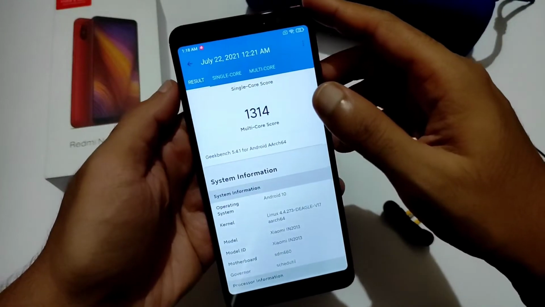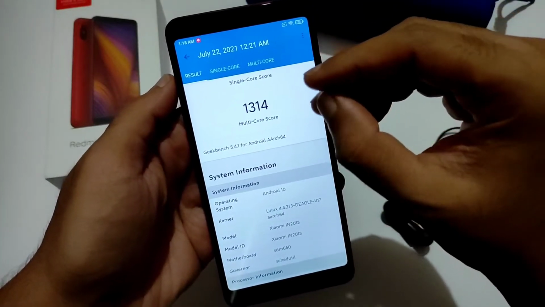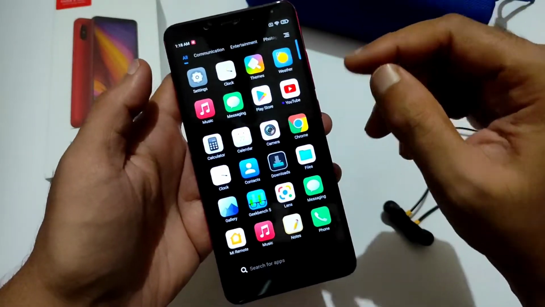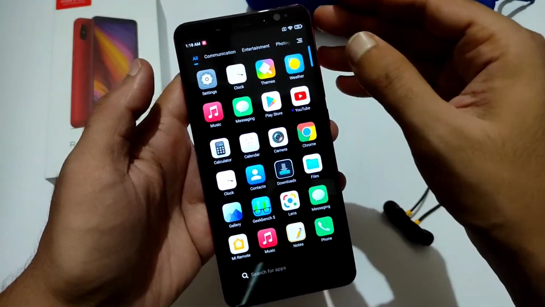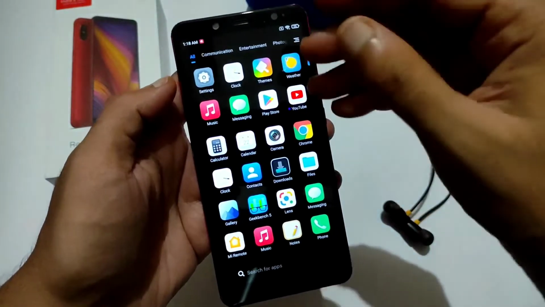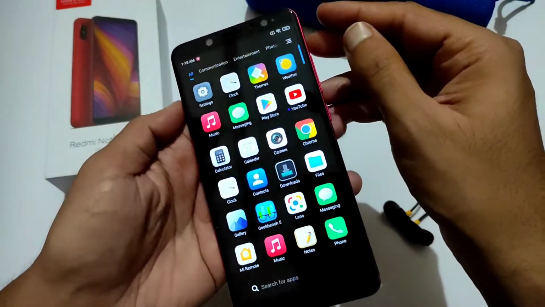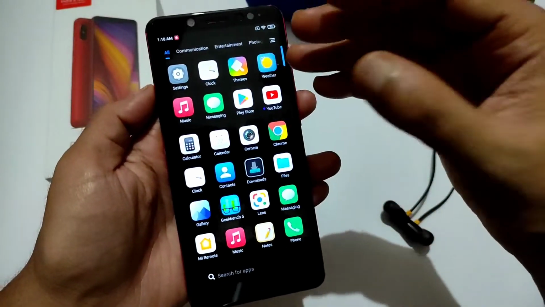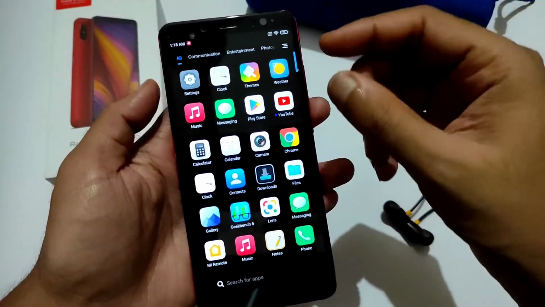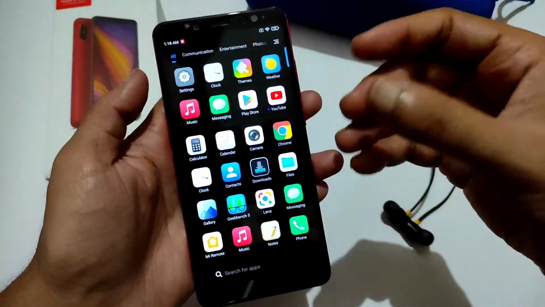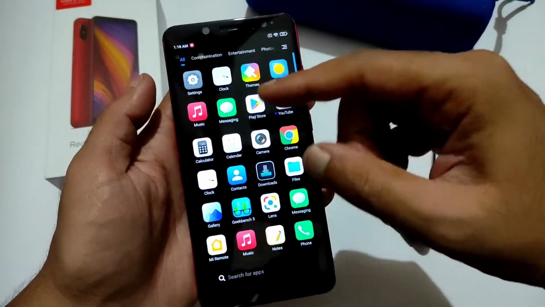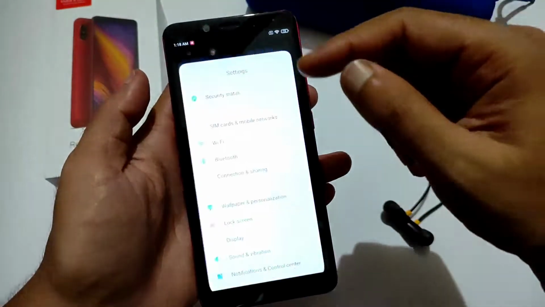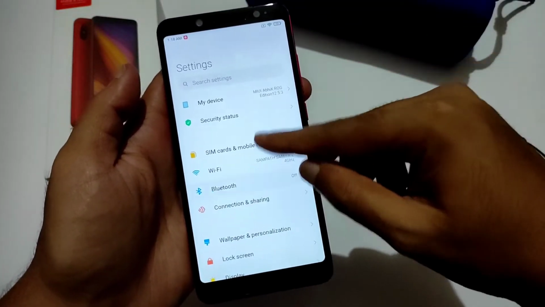One thing I noticed, like a bug or degrade here, is the battery life. For this kind of performance, the battery life is okay, but a little bit draining compared to other ROMs. It's not like completely draining, but due to that high performance, it's a little bit more drainage compared to other ROMs. That's what I noticed in the last couple of hours using this ROM on this Redmi Note 5 Pro, and everything is fine.